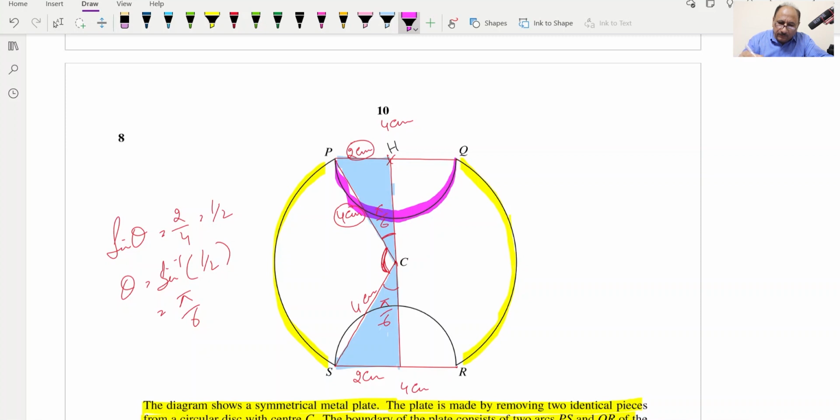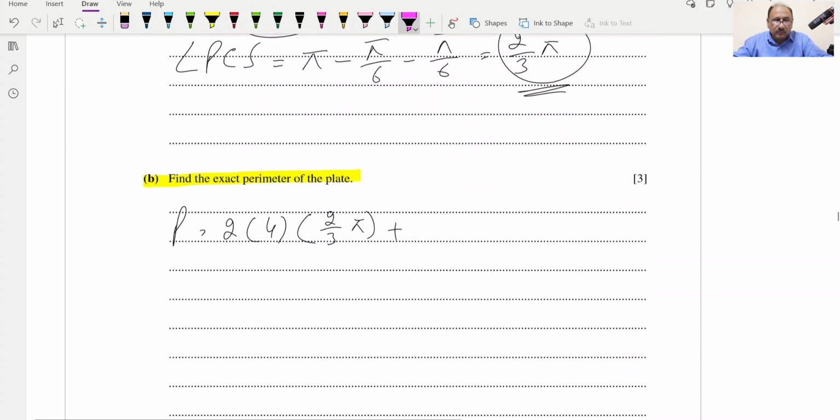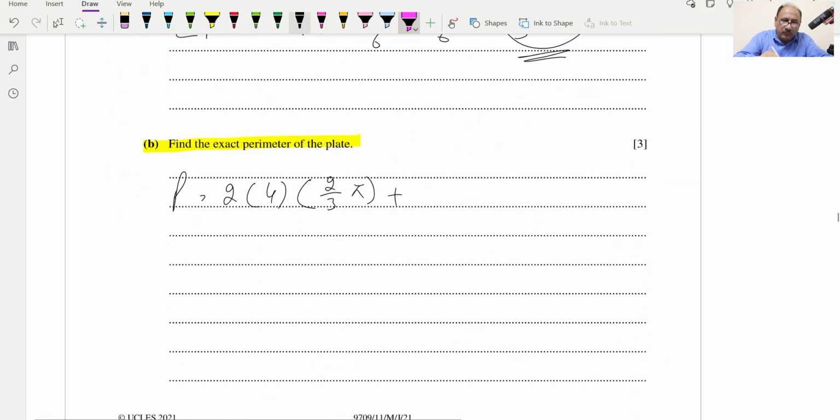One arc, and the second arc we are taking will be this one, and the radius for these arcs is half of 4, so we will write 2 pi, and theta will be 2. So this one. Now we can simplify. 4 into 2 will be 8, 8 into 2 will be 16, so